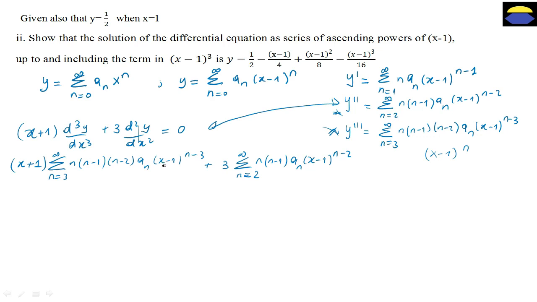So I'm going to ask myself, how can I build x minus 1 from x plus 1? You can agree with me that x plus 1 is just x minus 1 plus 2. So I can rewrite this x plus 1 as x minus 1 plus 2, and then all this is going to multiply this expression. Like so. So plus 3